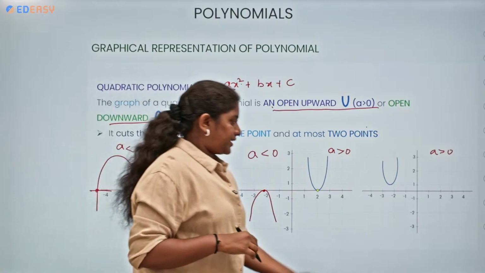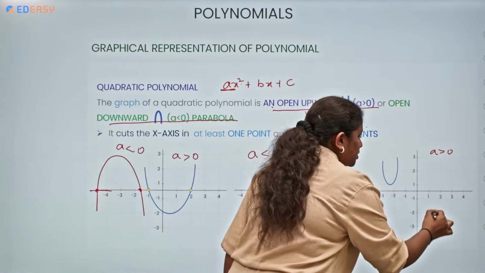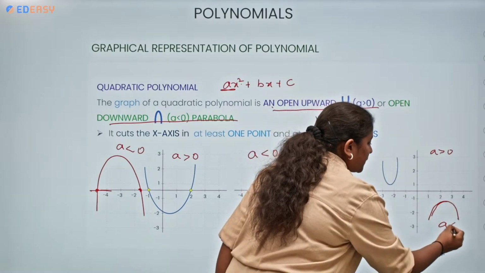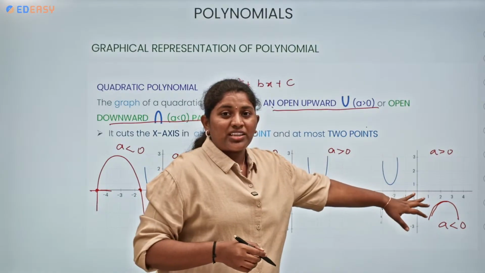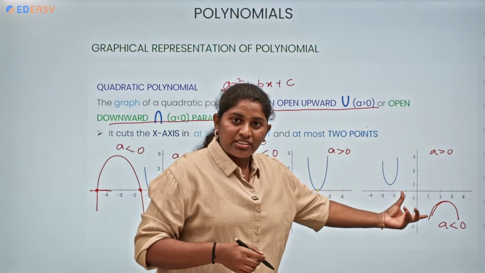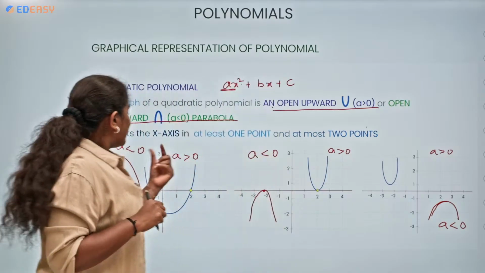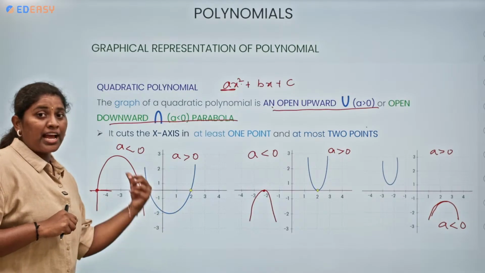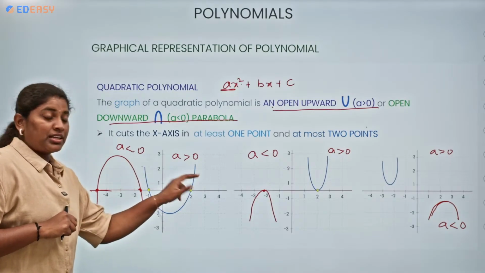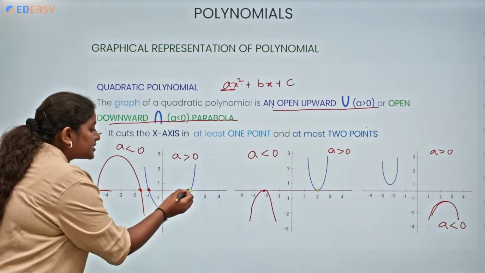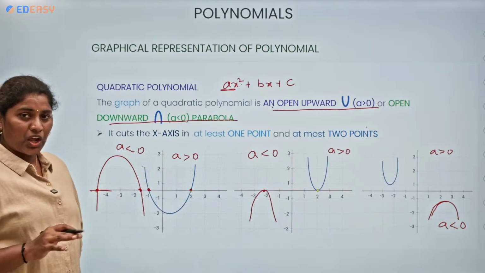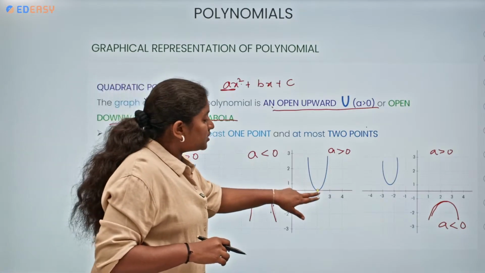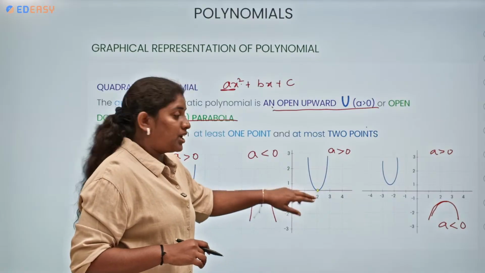Okay, and next we are having a less than 0 where it is open upward, open downward. Fine, but it is not touching the x-axis. Means what? It is not having the 0. Okay, let's discuss. First of all, if you observe here, a is greater than 0, we got open upward, and if you take the graph, then you can observe it is intersecting the x-axis at 2 points. Okay, so these two can be the 0,